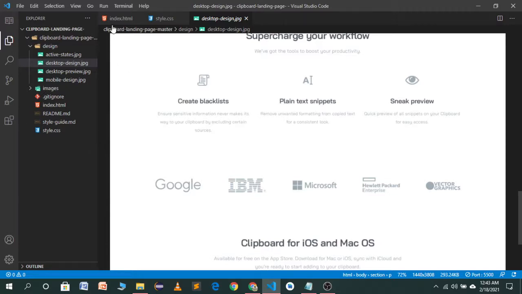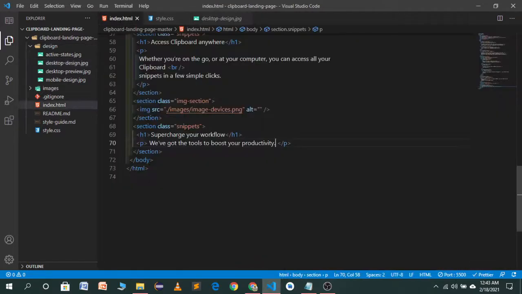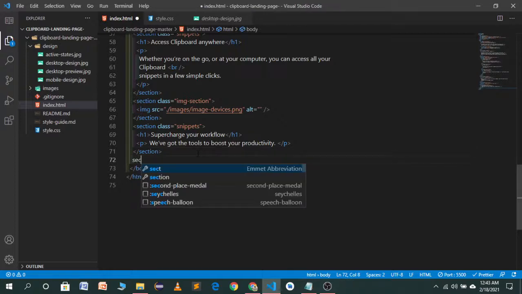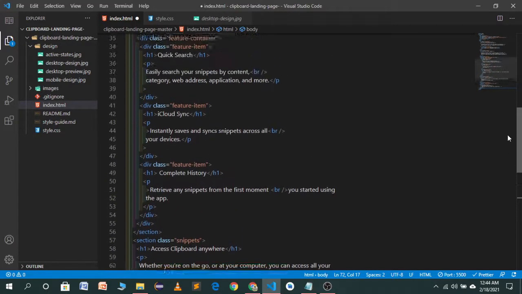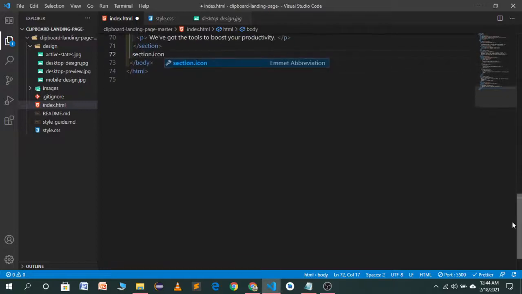So let's go to our HTML file and create, I think this part will be called, so let's give it a name of, we can use any class name. Now I'm struggling to give it a class name. I think let's give it a class name of, I think we have used feature section. Let's see, we have used feature. Yes, we have used feature.